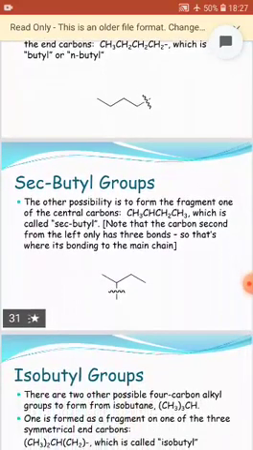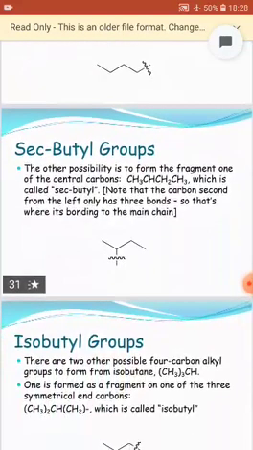Secondary butyl group. The other possibility is to form the fragment on one of the central carbons, CH3CH2CHCH3, which is called secondary butyl. Note that the carbon second from the left only has 3 bonds, so that is where it is bonding to